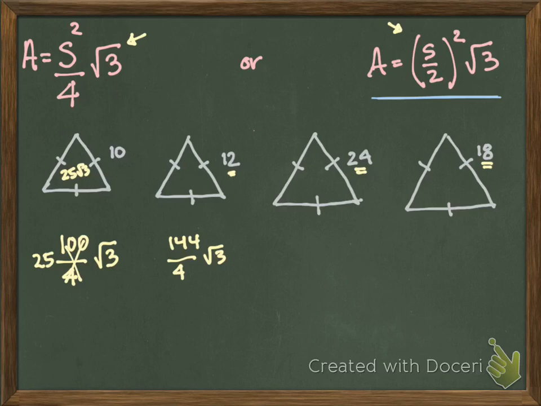But if we use the other formula, we're going to find that we can do things a lot quicker. So s over 2 all squared